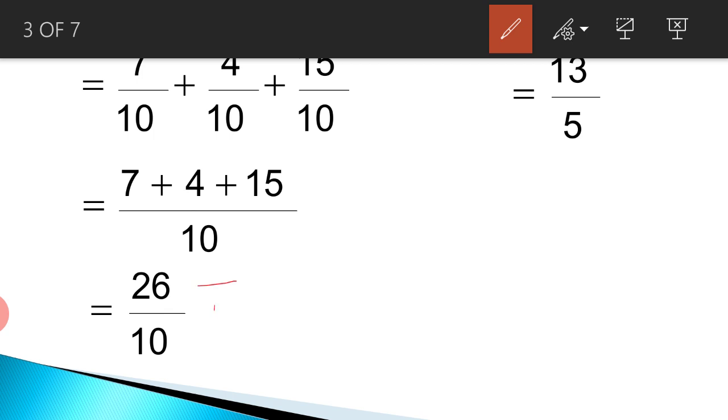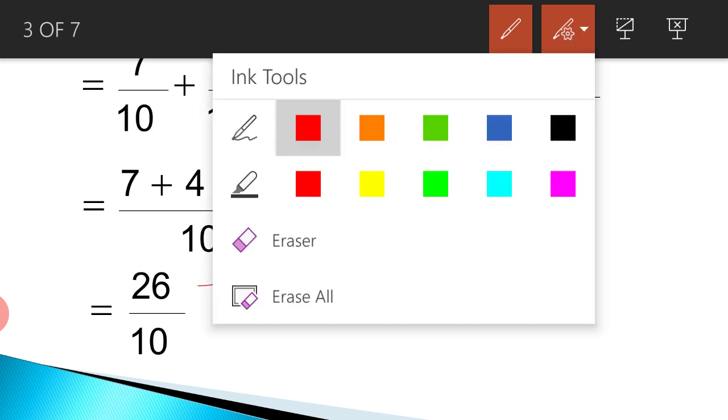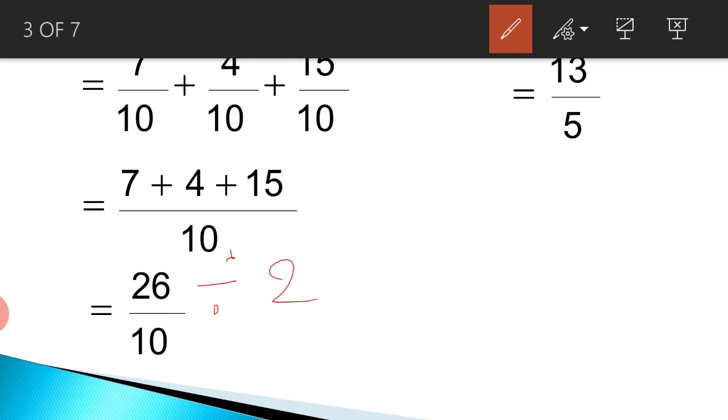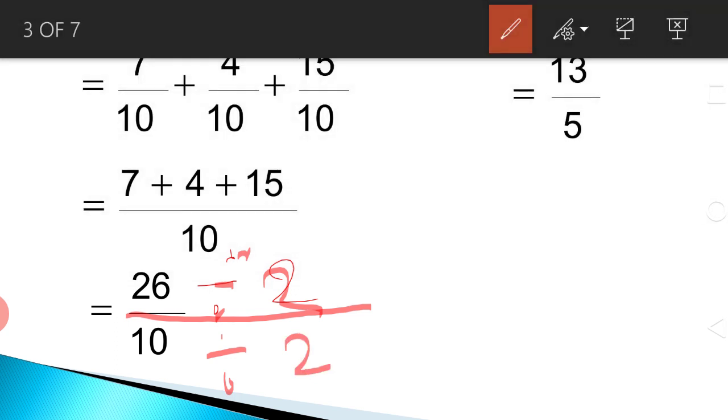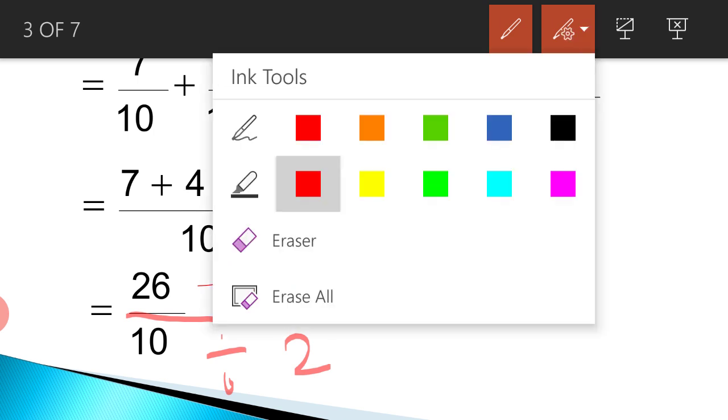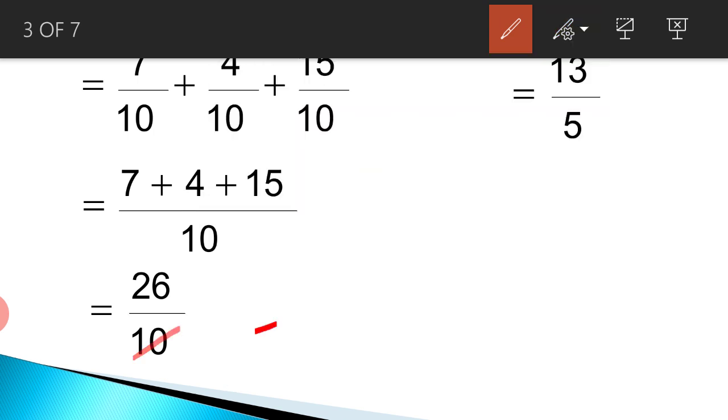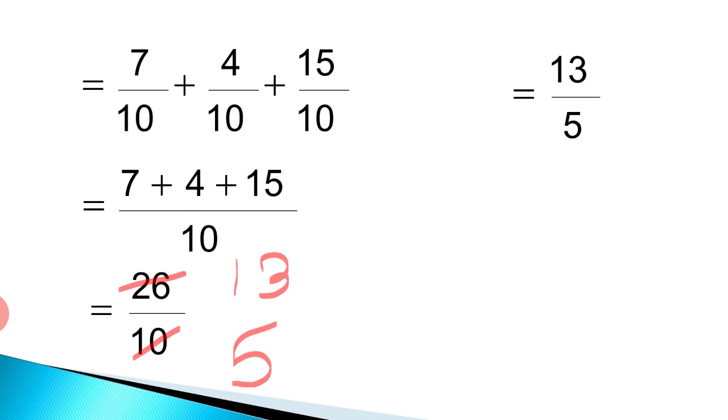Now here we will not show it like this. Is it okay? Some methods we are going to change. This is the way we used to do it, dividing by 2, but we are not going to use that method; we are going to use the cancellation method instead. So how will we show the cancellation? 2 5s are 10 and 2 13s are 26. So it is now 13 by 5. Are you getting it? By showing the cancellation, this technique you now have to remember. So it will be equal to 13 by 5.